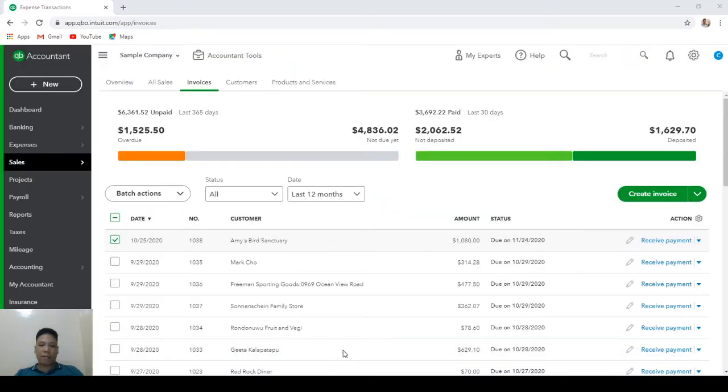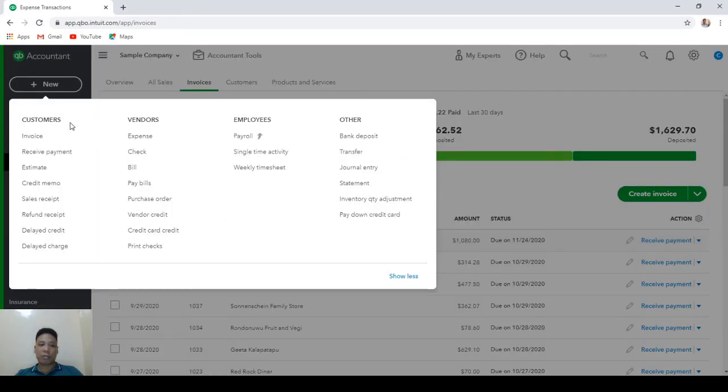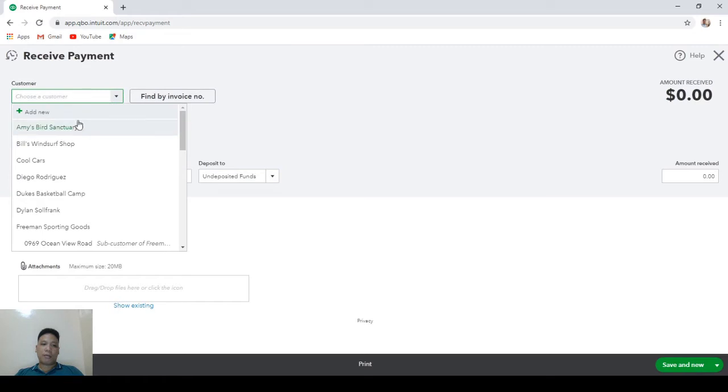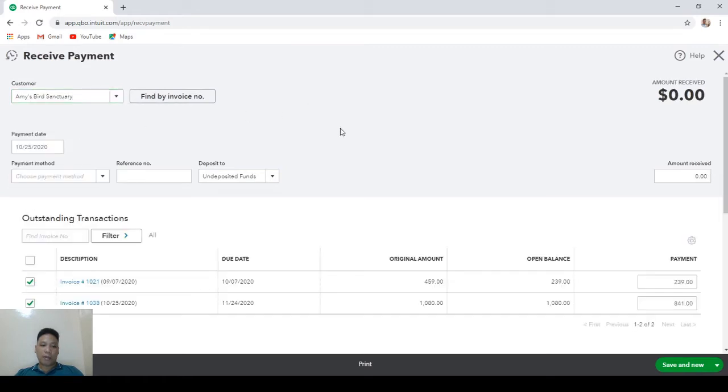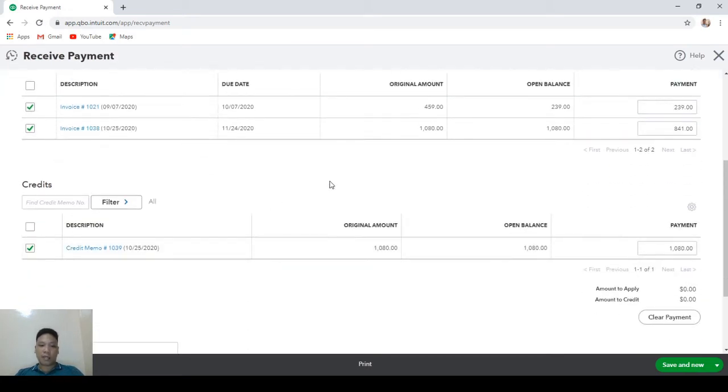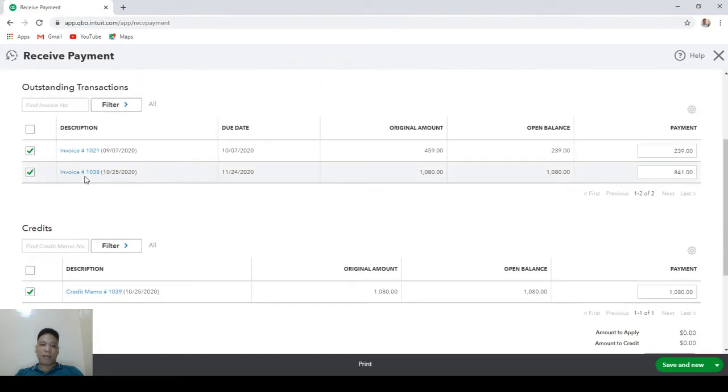So next step is to match the credit memo with the corresponding invoice. So click on the plus new button and under customers, click on receive payment. Then let's enter the customer. Then it's going to show you all of the open invoices this customer has so that you can choose which one you want to write off. So in this case, we are going to write off invoice number